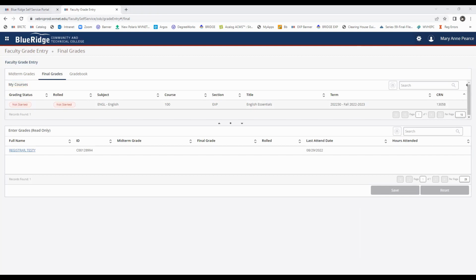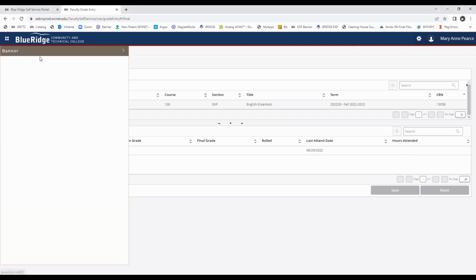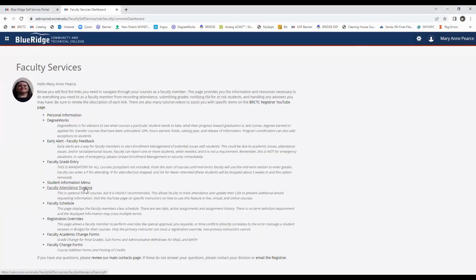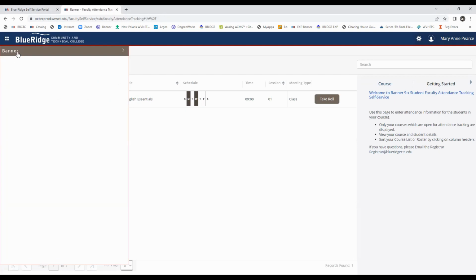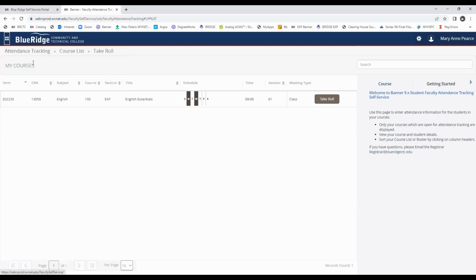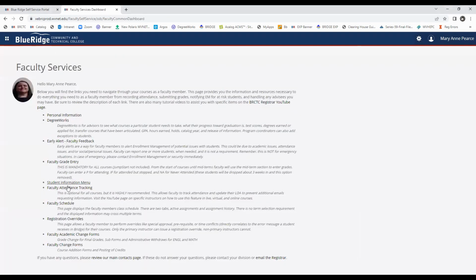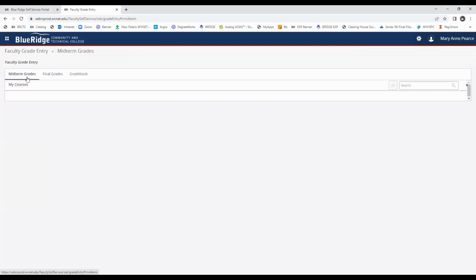So the faculty attendance tracking option is there for all courses, but it's an optional feature that we had gone through here. So faculty attendance tracking is optional. However, entering grades is mandatory. So just wanted to point that out. So the faculty grade entry, this is mandatory along with attendance